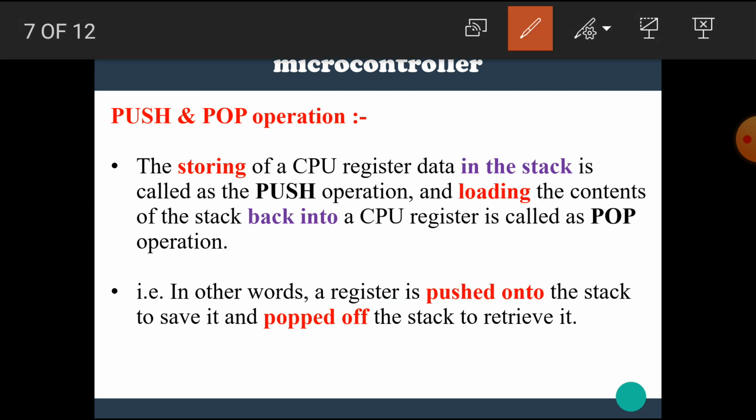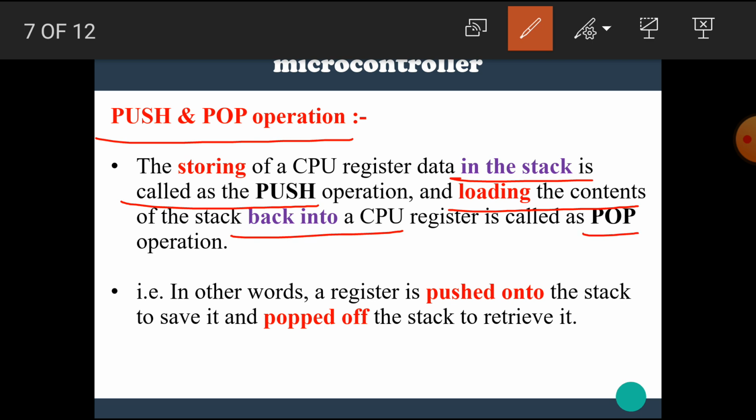Now let's see the details about push and pop operation. The storing of CPU register data in the stack is called a push operation, and loading the contents of the stack back into a CPU register is called a pop operation. In other words, a register is pushed onto the stack to save it and popped off the stack